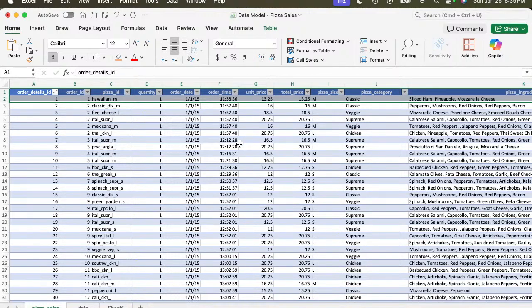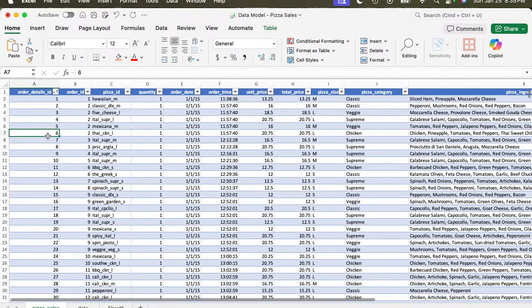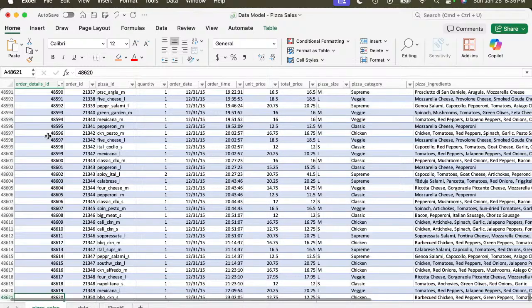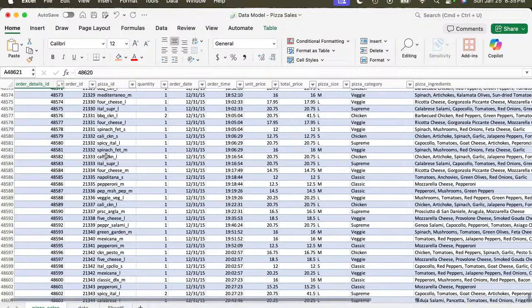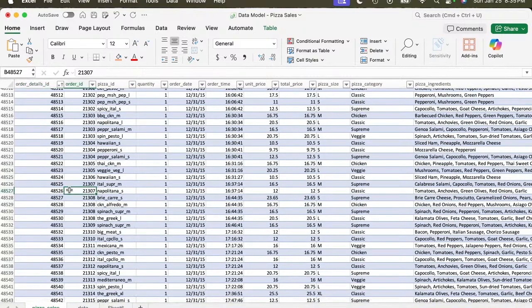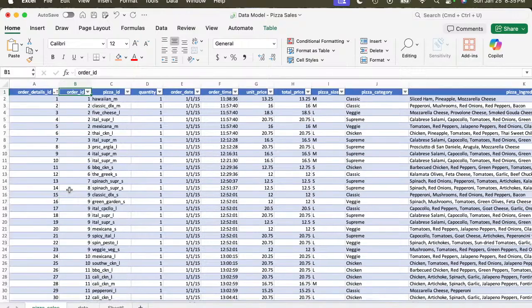तो इस डेटा से आप देख के ईजिली नहीं बता सकते हैं किसकी सेल ज़्यादा चल रही है, कौन सी कैटेगरी जो है ज़्यादा रेवेन्यू जनरेट कर रही है, या फिर विच साइज इज़ पॉपुलर. आप इसको देख के ही जस्ट नहीं बता सकते हैं, ठीक है. सो फॉर डैट पर्पज वी आर गोइंग टू यूज आवर पाइवेट टेबल। सो पाइवेट टेबल एक्चुअली लगाते कैसे हैं, इसकी अगर हम बात करें तो हमारे पास जो कुछ डेटा है, अगर आप डेटा की बात करें, यहाँ डाउन एरो कर आओगे तो 48,621 डेटा यहाँ पे अवेलेबल है, राइट। और कॉलम भी कुछ इस तरीके से बहुत सारा डेटा अवेलेबल है हमारे पास। तो इसको देख के ईजिली आप कुछ यहाँ से कोई इंसाइट्स नहीं निकाल सकते हैं।